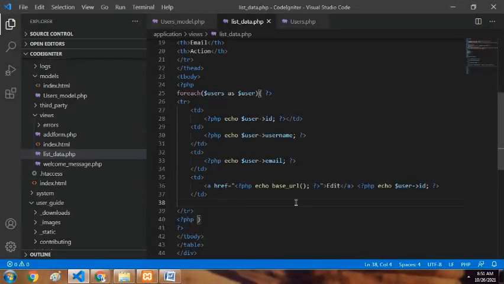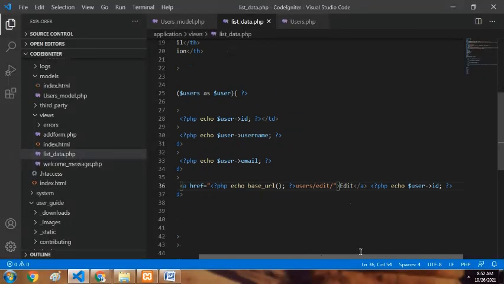Then we can access this base_url anywhere. So base_url/users is our controller name, with our edit function, which is going to display the edit form with the data.